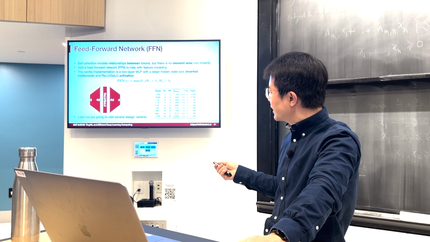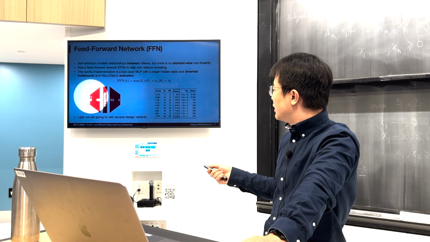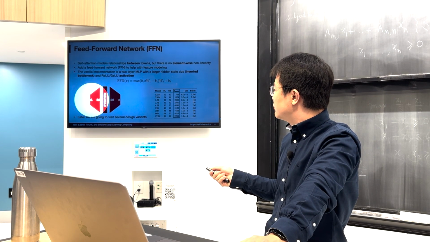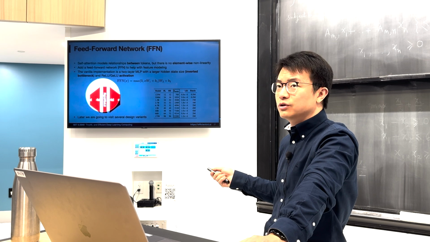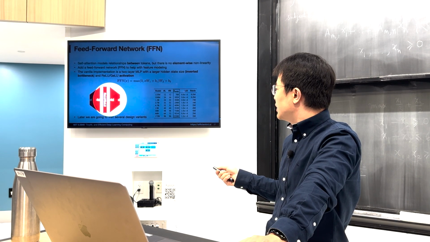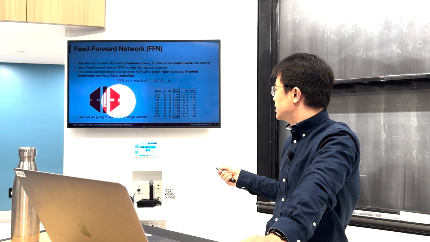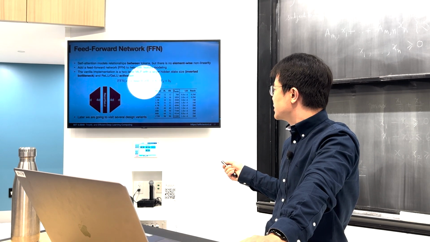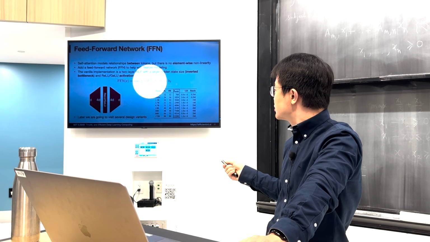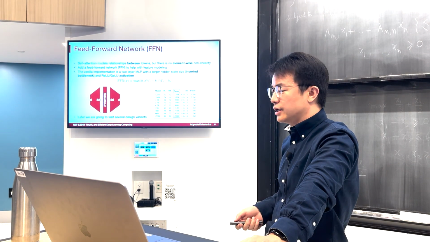The vanilla implementation consists of two matrix multiplications. One is projecting from D to 4D, passing it through a ReLU or GeLU, and then converting it down from 4D to D. So it can be represented by two matrix multiplications with ReLU in the middle. So that's the simplest